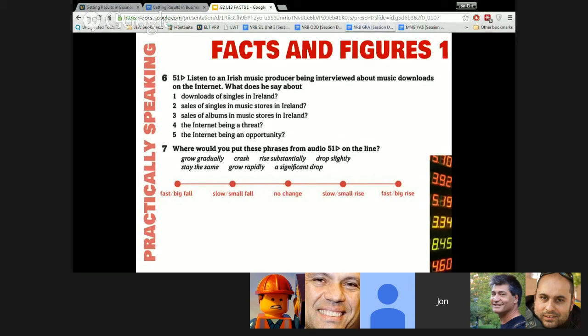Think of artists like Gnarls Barkley and Arctic Monkeys. If you want to make a single yourself and get yourself heard, broadband and digital technology make it a lot easier. And it means that the number of artists has risen substantially. People are listening to different sounds, and that can only be a good thing. And that is the opinion of our Irish music producer.